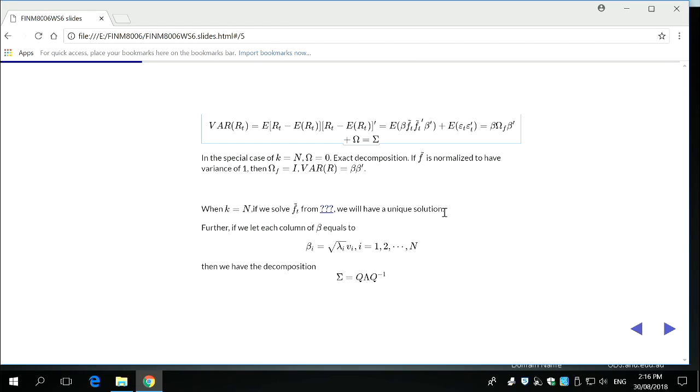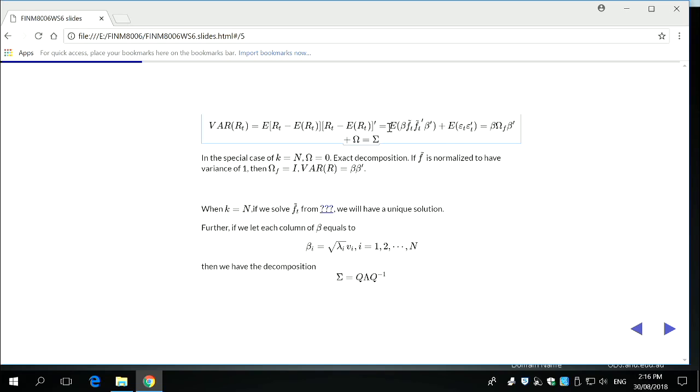So that was in matrix form the X prime X we talked about. Okay. Now, if we just plug in this R minus expected R t with the factor structure we have,